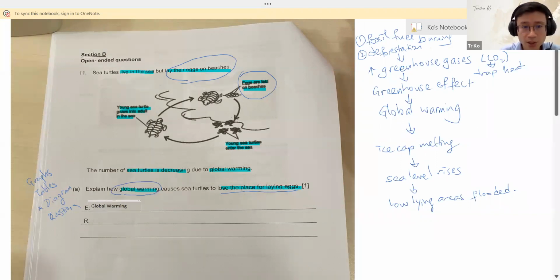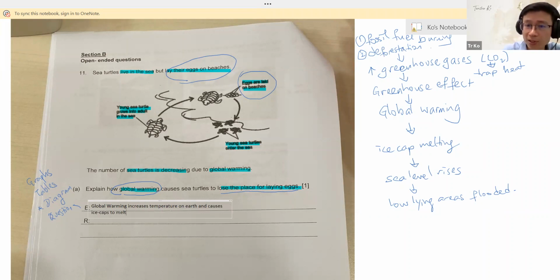Right, increases the temperature. And on melt. And when ice cap melts, what happens? Yeah, the sea level rises, right? Causing the sea level to rise